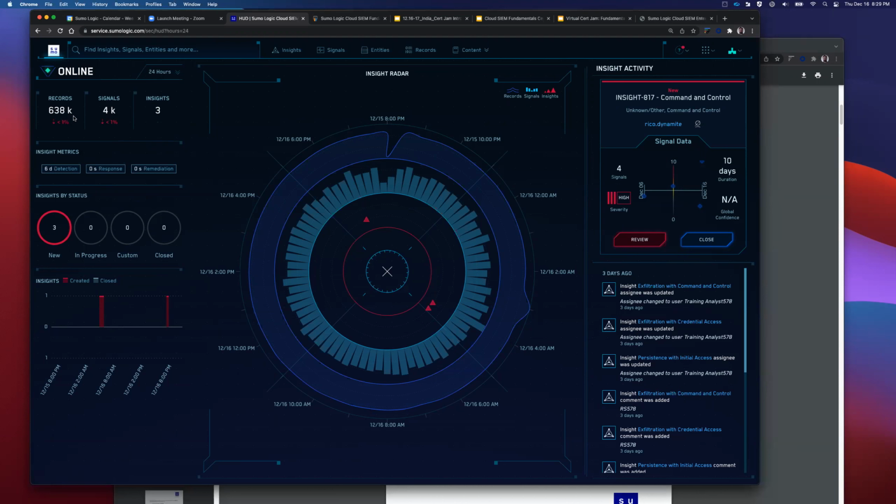Of those 638,000 records, it found 4,000 signals. Of those 4,000 signals, it found 3 insights. So the system is basically telling us there are 3 things we should look at. It distilled 500,000 records down into 3 things we should check out. That's pretty helpful. That's showing me what I need to look at, and we're going to do that shortly in the lab.